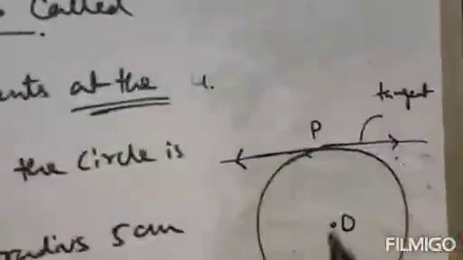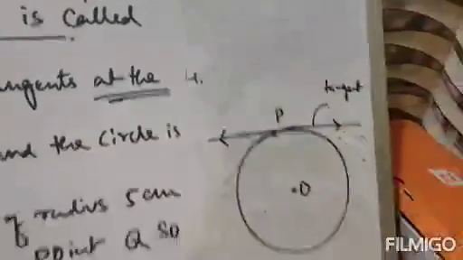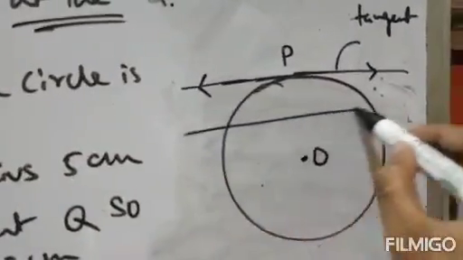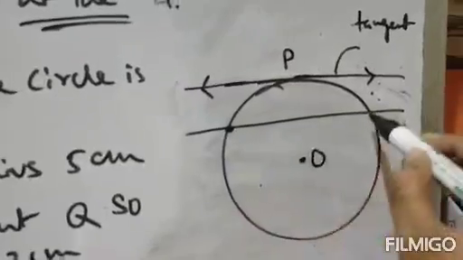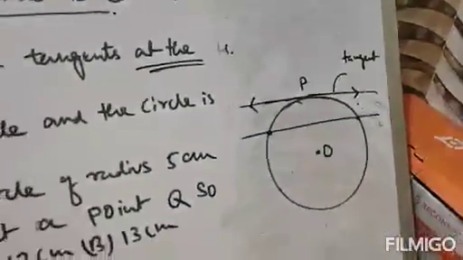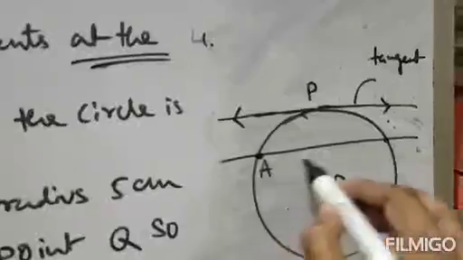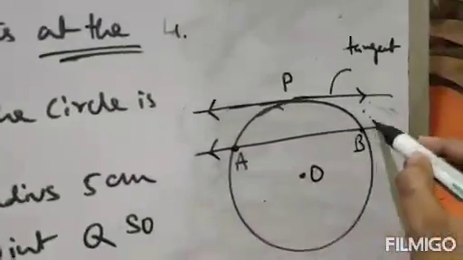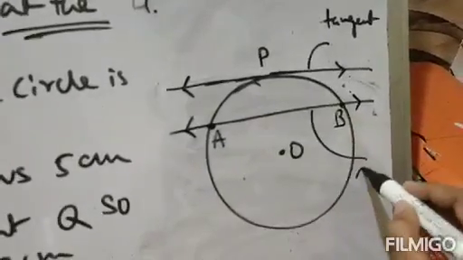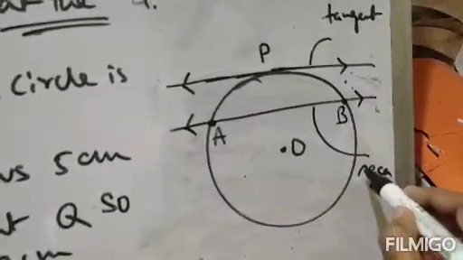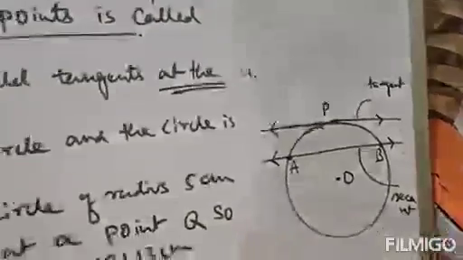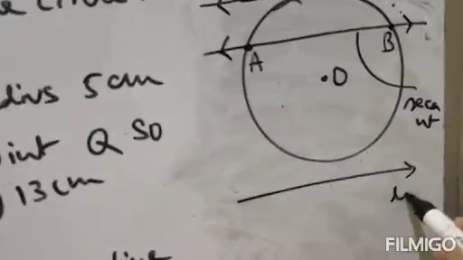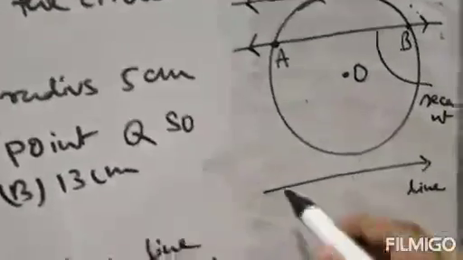The second line would be the secant, parallel to the tangent, and the secant should cut or intersect the circle at 2 points. So that is the secant, with two intersecting points, because a secant has two intersecting points when it enters the circle. Let the points be A and B. So this is the secant, and this is the given line, suppose it is L.